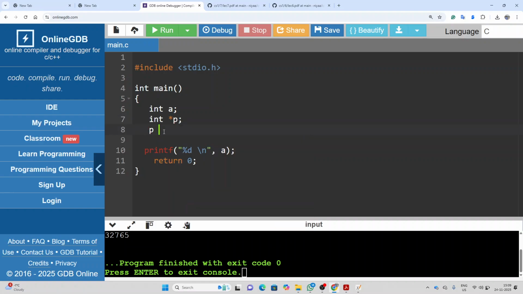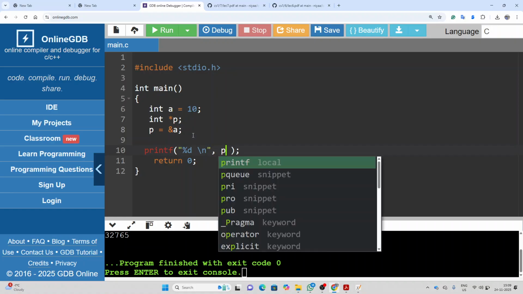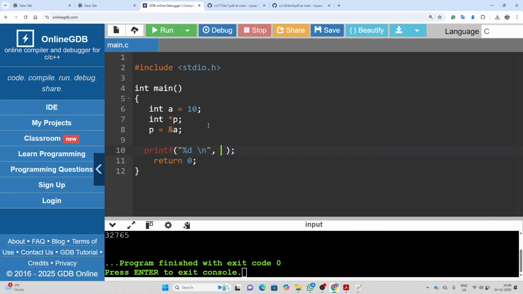Now we have to give it a value. So I'll initialize it with the address of A. And let's also give some value to A. Let's say A is 10. Now if I print the value of A, and if I print the address of